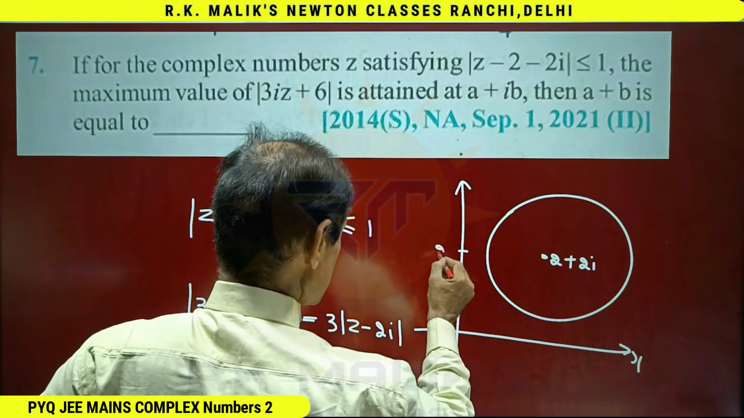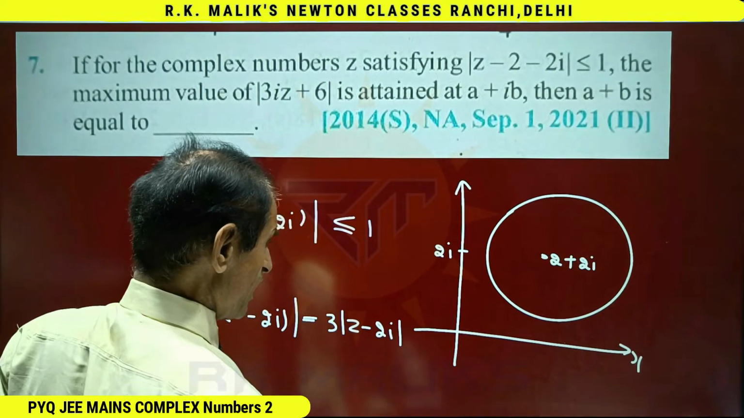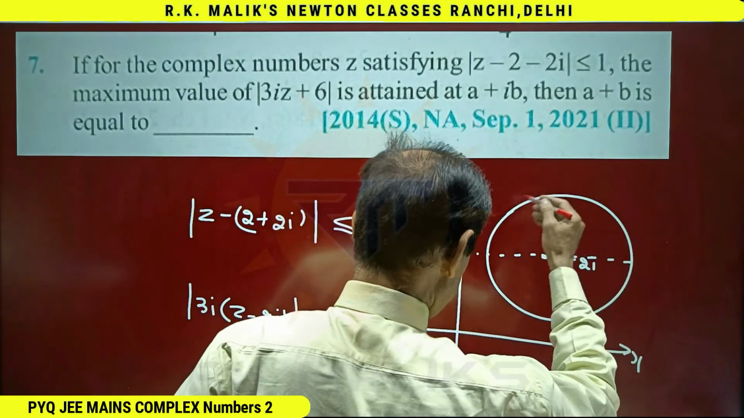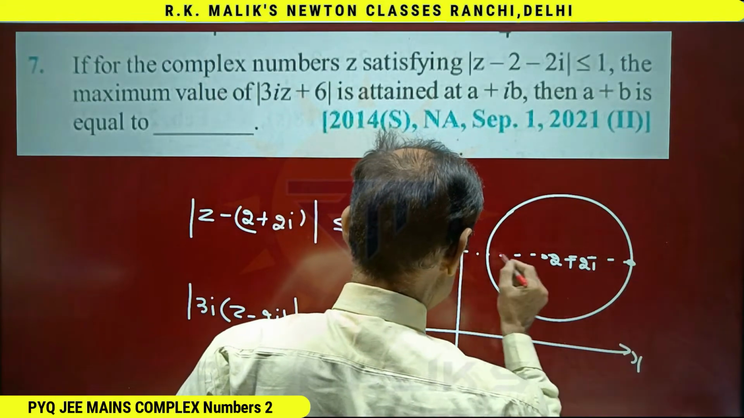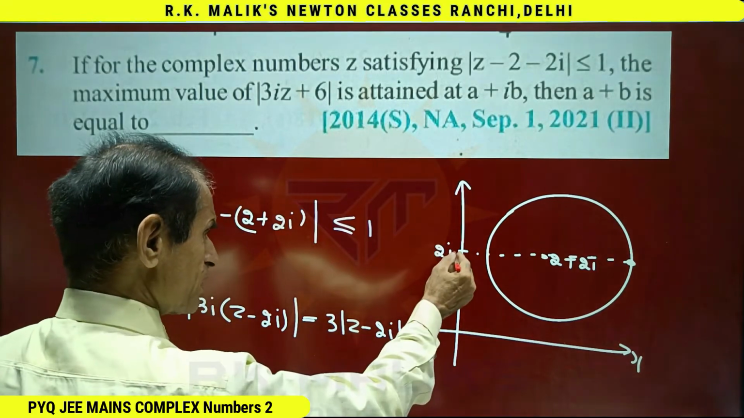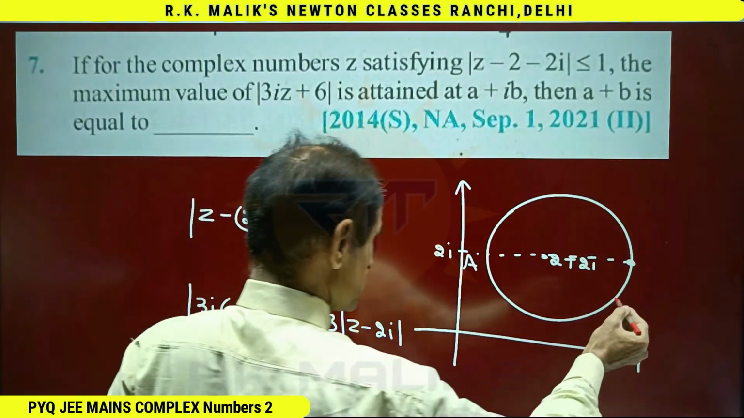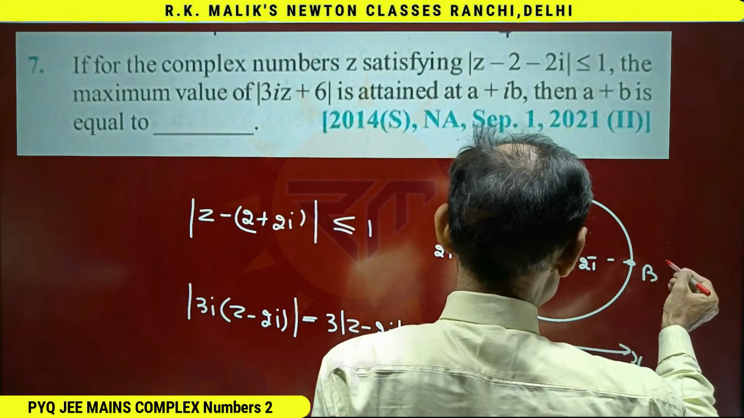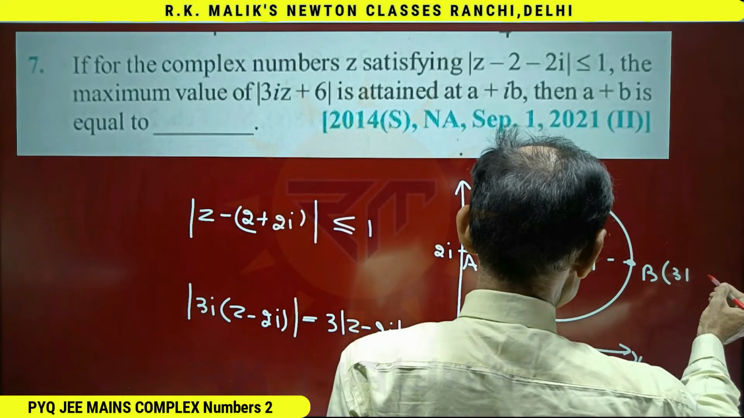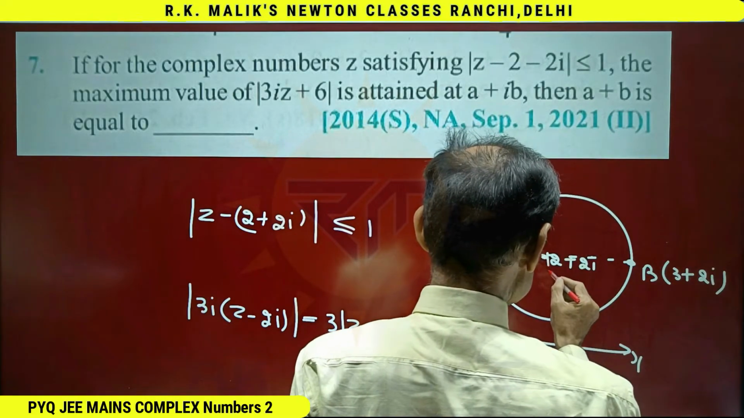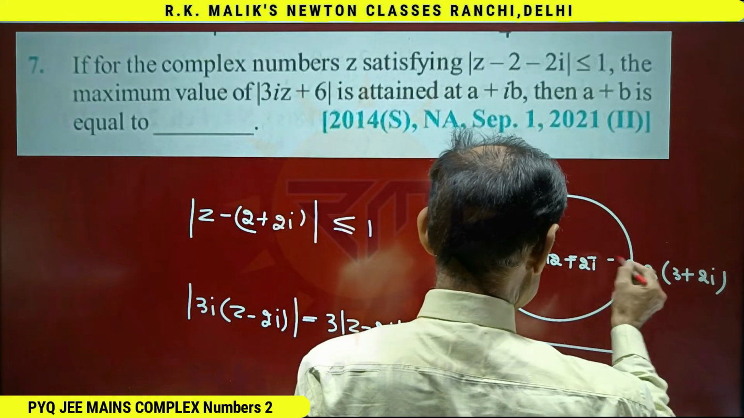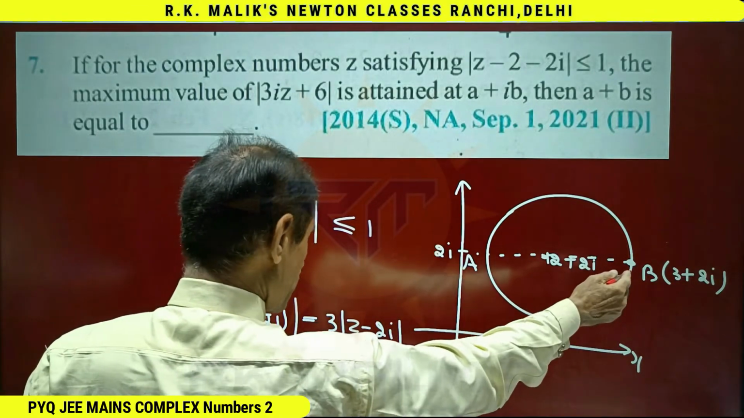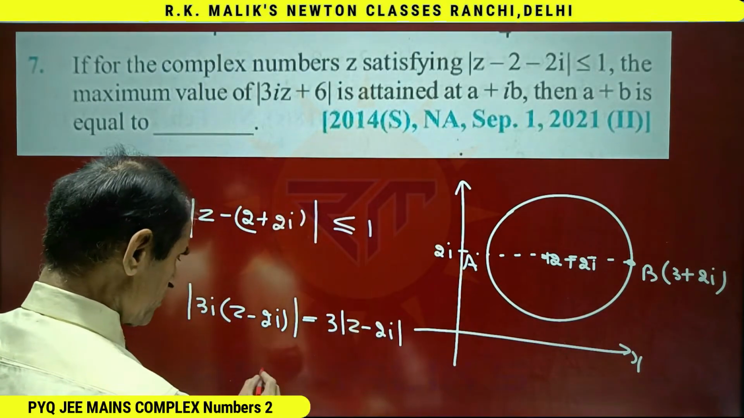2i is clearly somewhere here, and it is also clear that out of all these points, this point will be at maximum distance from the point, say A, say this is B. Clearly, this point will be 3 plus 2i, because this point is 2 plus 2i and the radius is 1. Hence, we can say that when z is equal to 3 plus 2i, at that time this will be maximum,